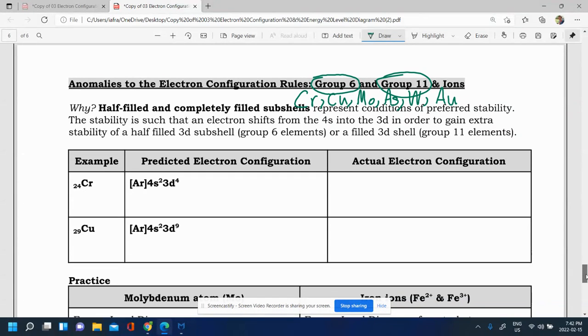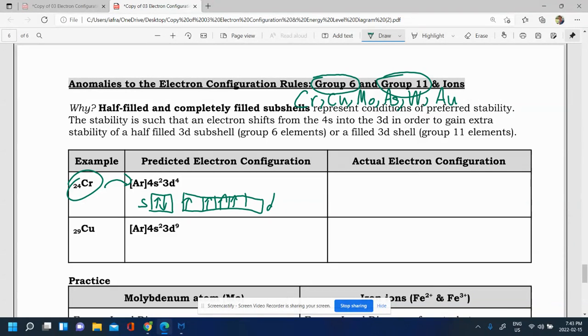So if you try to make the electron configuration for, suppose, chromium, you would get this based on the rules that we learned in class. You'd fill out your orbital diagrams, and you get something that looks like this in the last few that you need to fill out. So 1, 2, 3, 4. So this would be the S, and this would be the last D that you fill out in the chromium